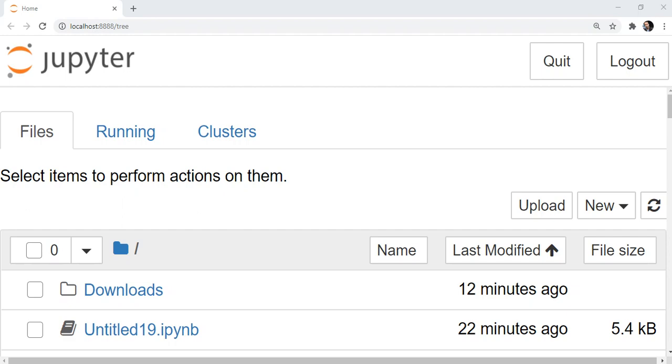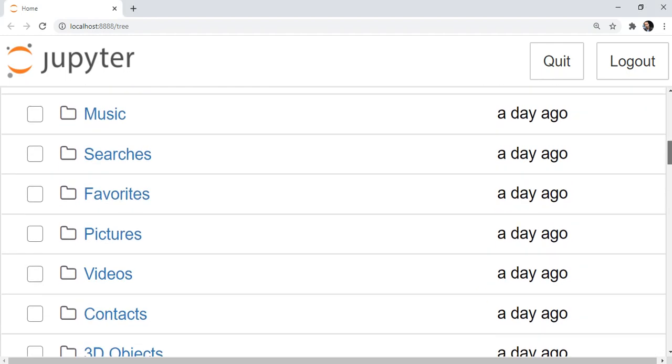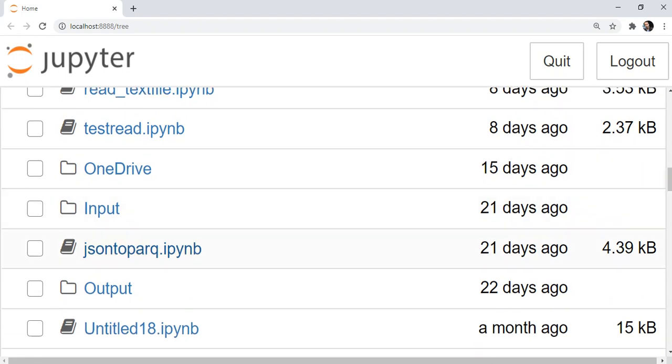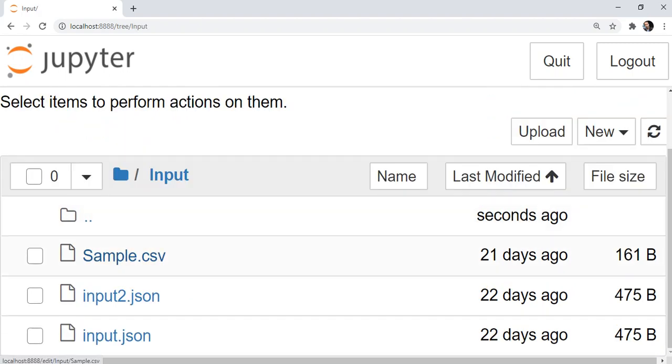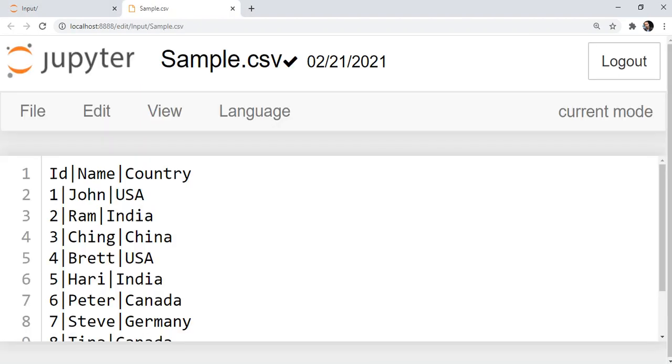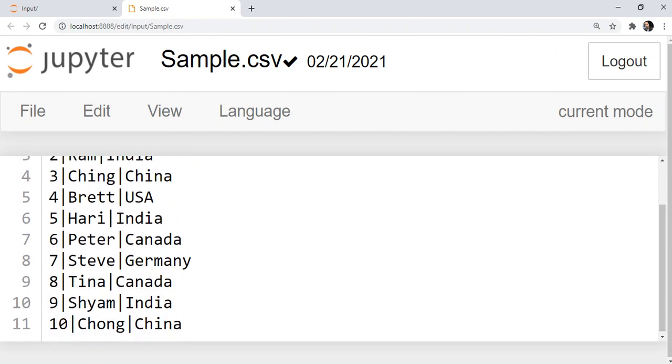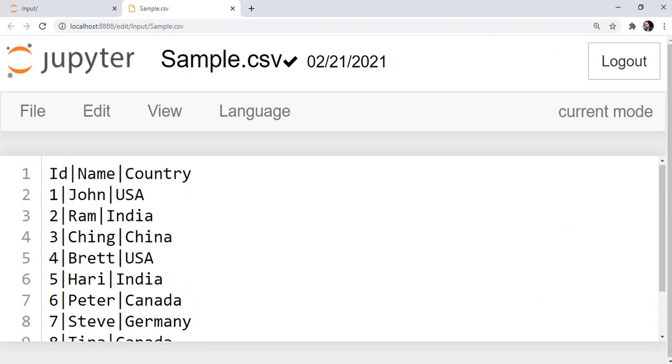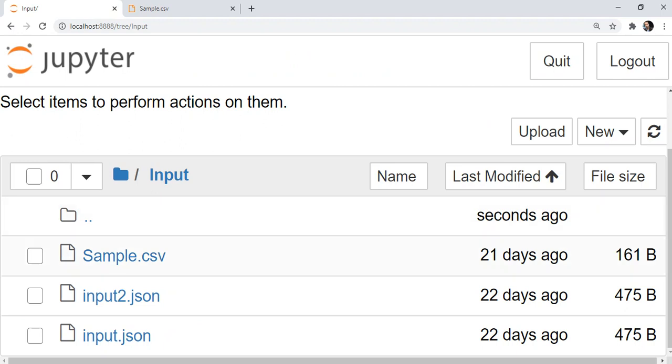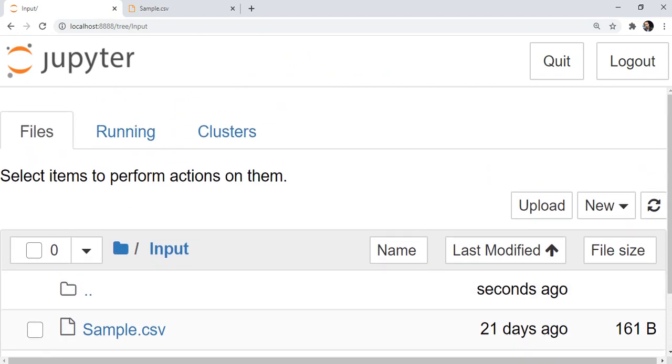In our previous exercise we used this input folder, which contains one sample CSV. If you see, we already have an ID column, a name column, and a country column. All these columns are pipe delimited, and we are going to load this sample CSV into a data frame. So first of all, we will